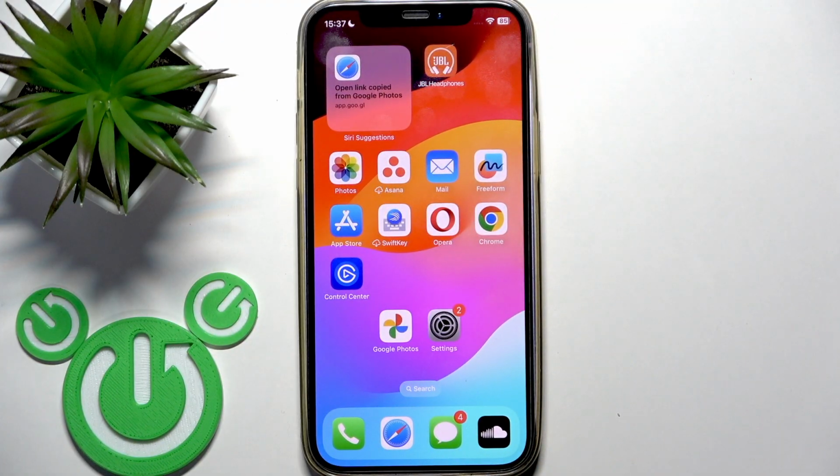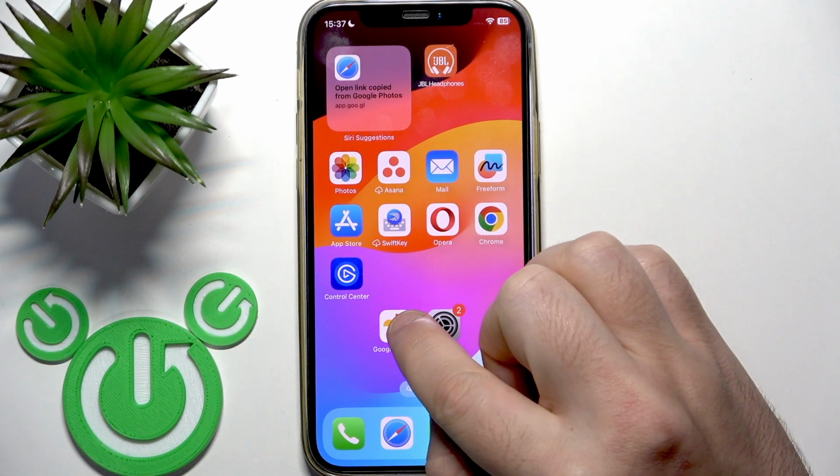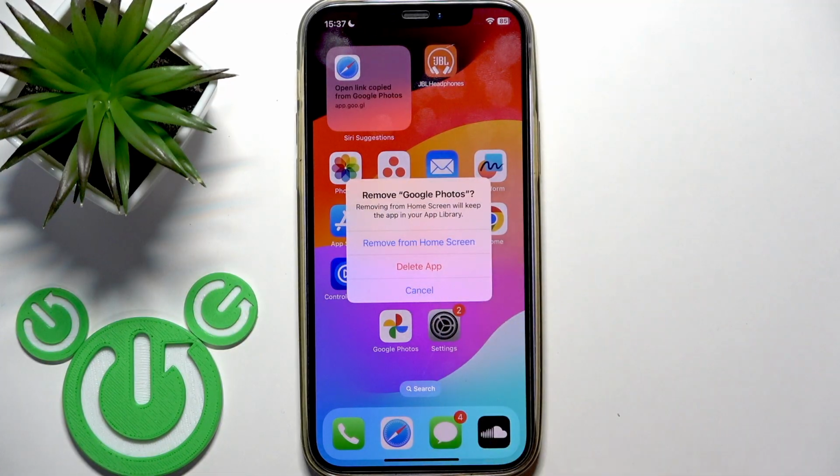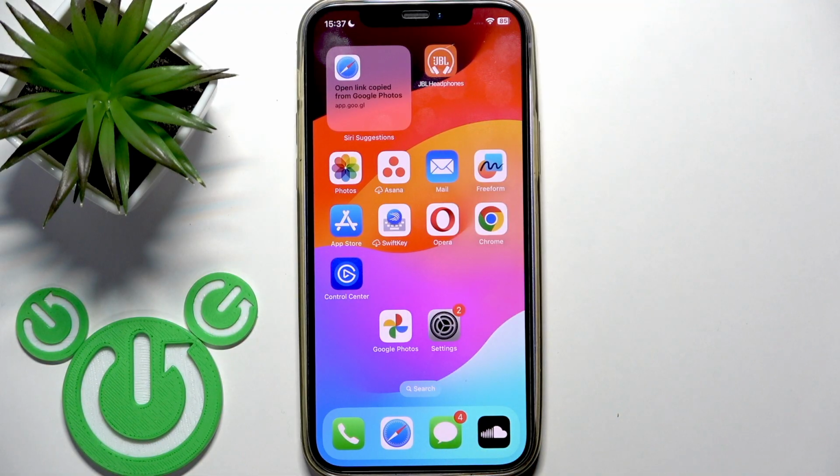So if you have iOS, you can just remove this application, just press and hold at your application and then click remove app and delete application. Okay, if you have Android,